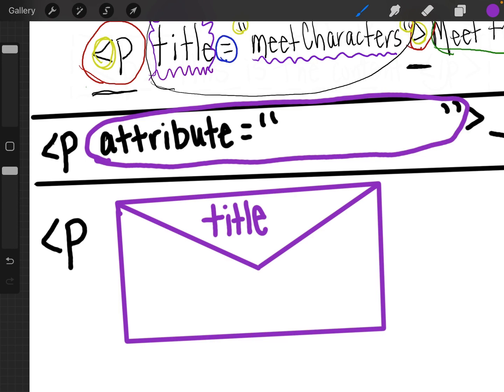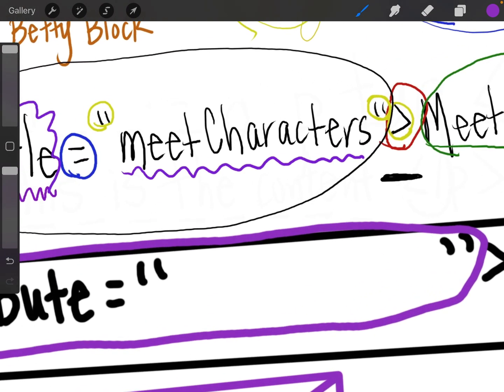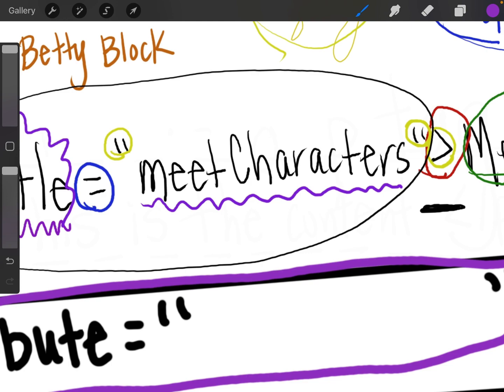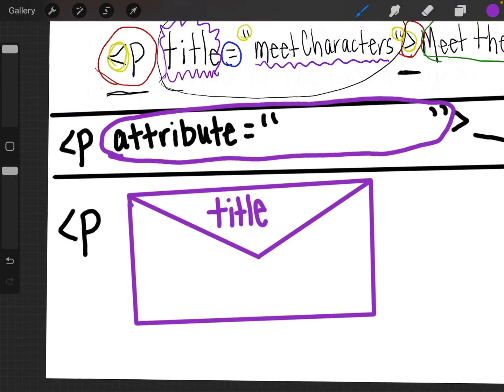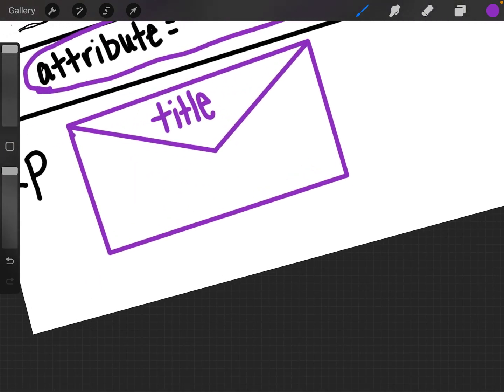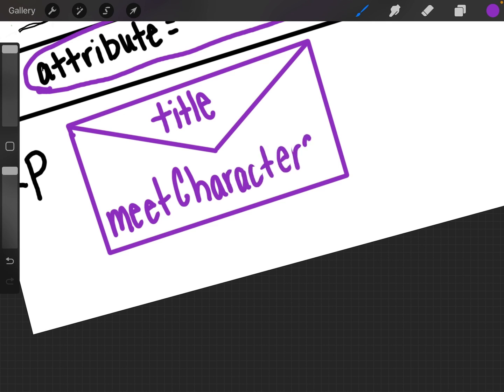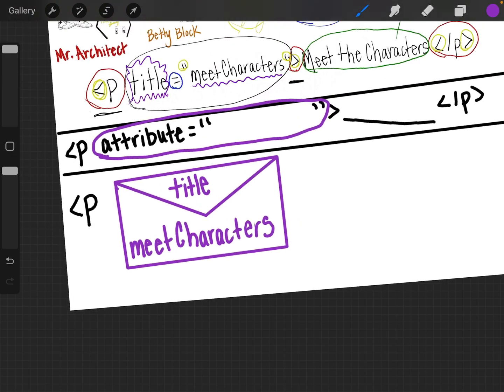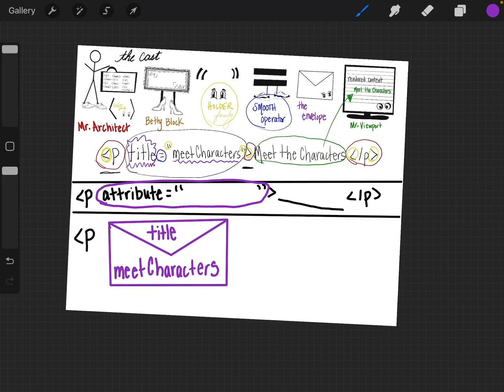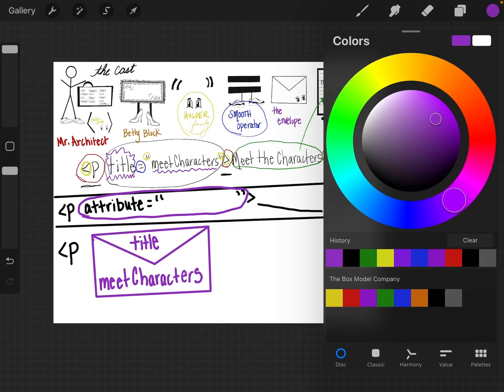Inside of the envelope, then, we put "meet the characters" because we wanted to let the machine know that information is in there. So I put the information in. It's pretty cool because I'm able to even interact with the machine because of this attribute. So I know that inside this envelope is "meet the characters." Okay, so that covered that part of the code. Now I'm going to go back to my black because I'm going to finish the code. Hopefully that visual helps you understand that all of those are really